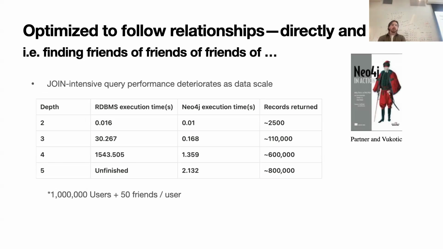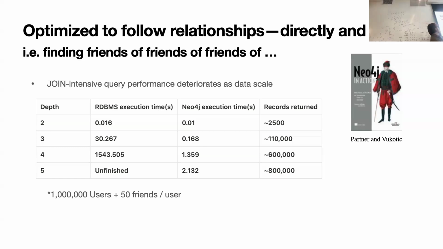Actually, I found this in a textbook I was reading through, by Partner and Bukatic. They did a study comparing the performance of a relational database to a graph database, trying to find friends and friends of friends at different depth levels. So, if you wanted to find the friends of the friends of the friends at 3 depths, I wait, I got that wrong. I'm confused now. If you wanted to find the friends of the friends of the friends at 3 depths, so I guess 3 edge links in the graph,